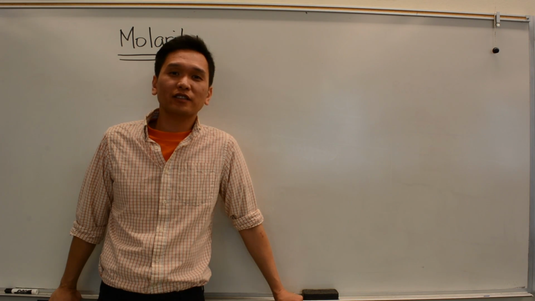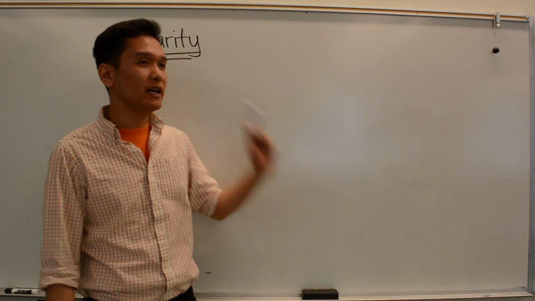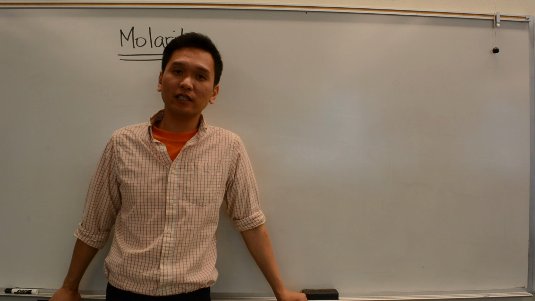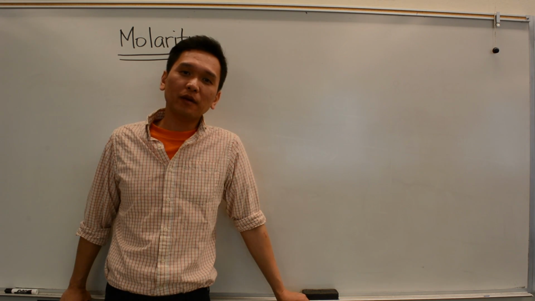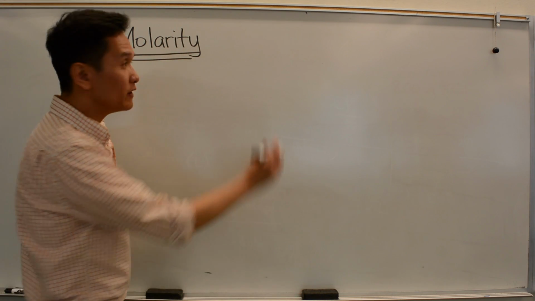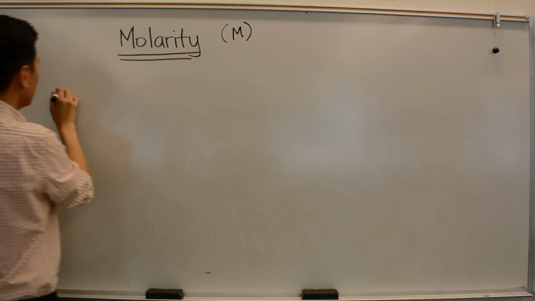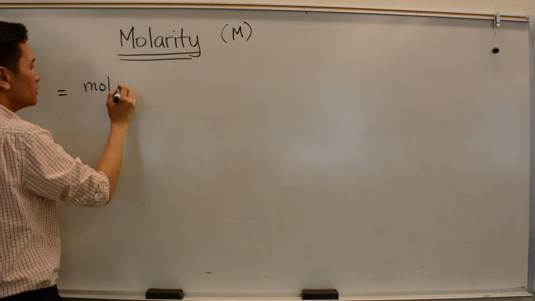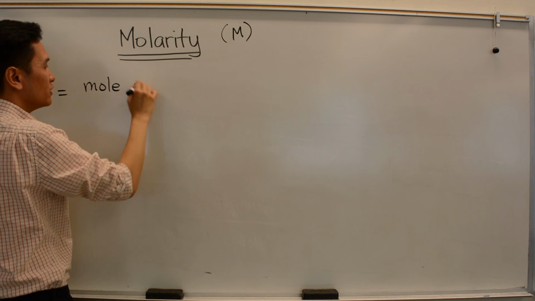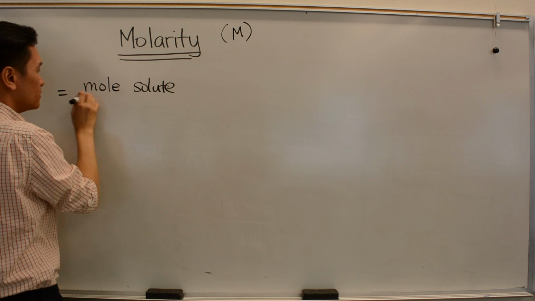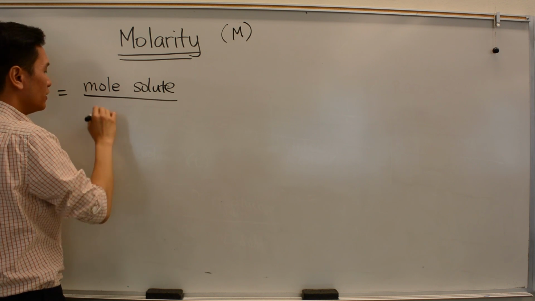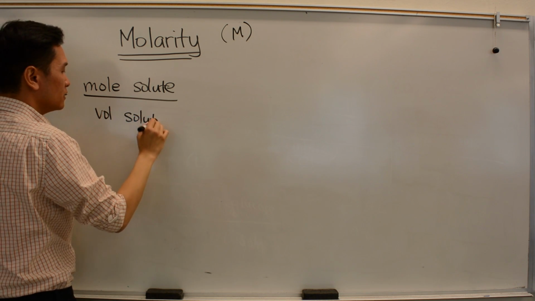Our last unit for concentration is molarity, and this is the one that is important in chemistry. You will see this kind of unit in the lab. So molarity, abbreviated as capital M. The definition of molarity is moles of solute over volume of solution,